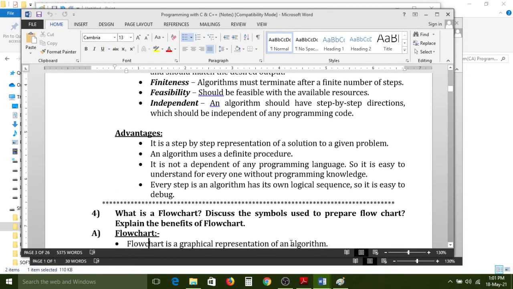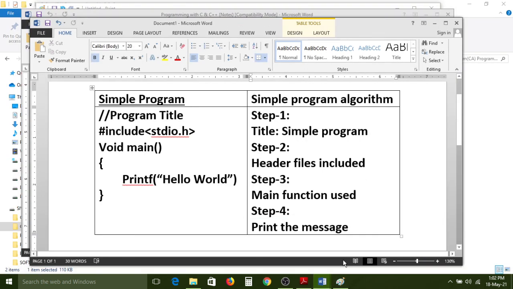Next, advantages of algorithms. It is a step-by-step representation of the solution to a given problem. An algorithm uses a definite procedure. It is not dependent on any programming language, so it is easy for everyone to understand without programming knowledge. The client does not have any programming knowledge. So if you give the algorithm, then they simply understand, right? Because they don't know programming.